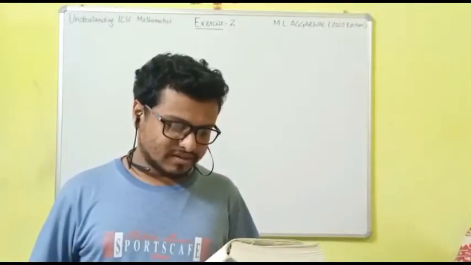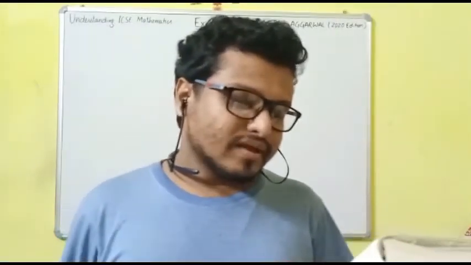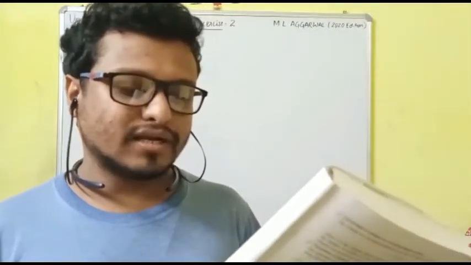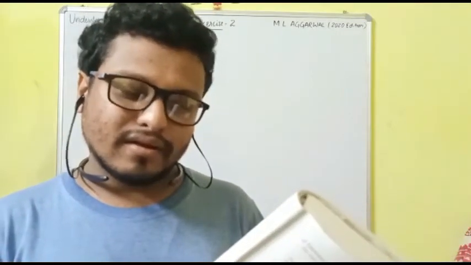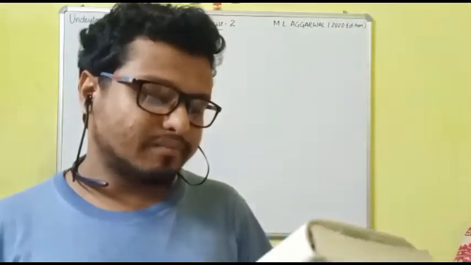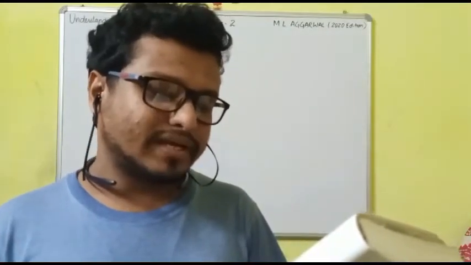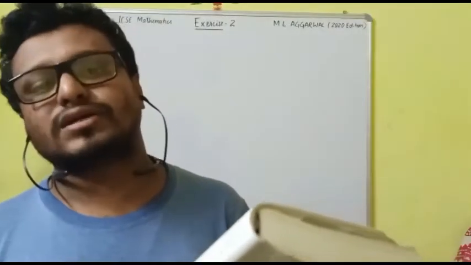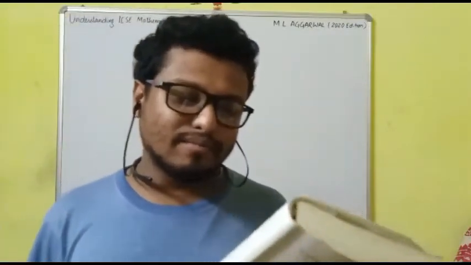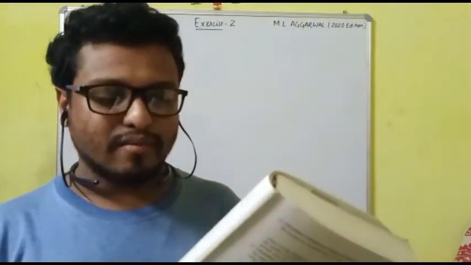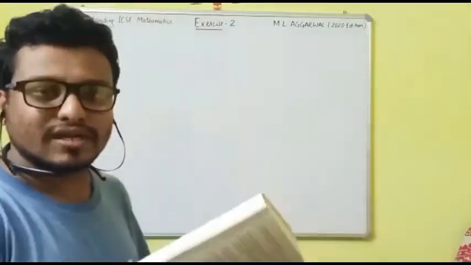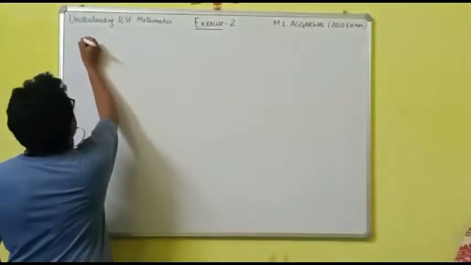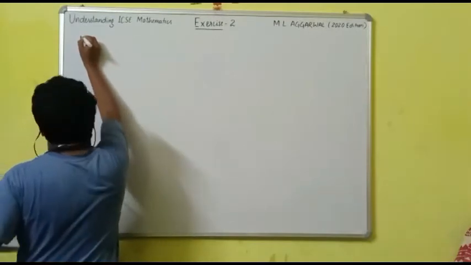Let's start your question number 11. Samita has a recurring deposit account in a bank of rupees 2,000 per month at the rate of 10% PA. If she gets rupees 83,100 at the time of maturity, find the total time for which the account was held. So let us start. We are doing question number 11.